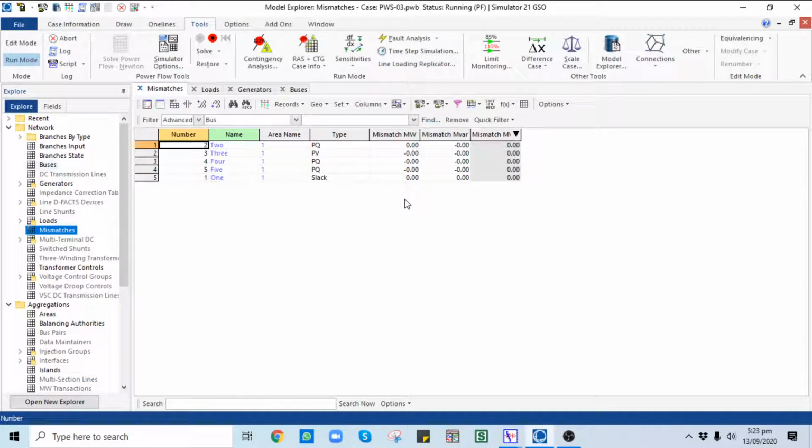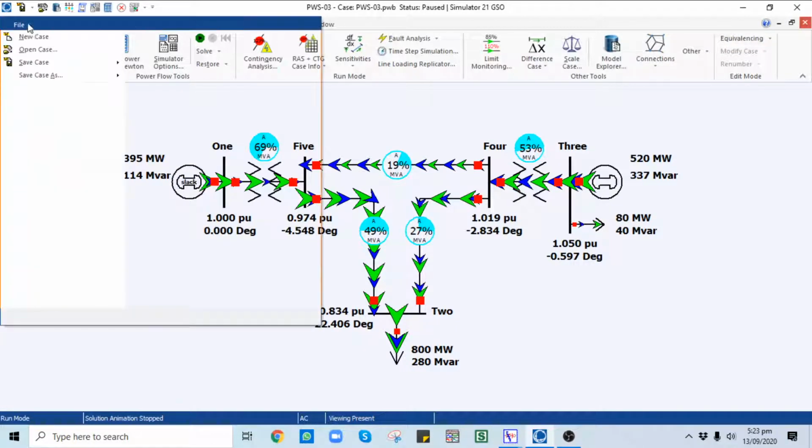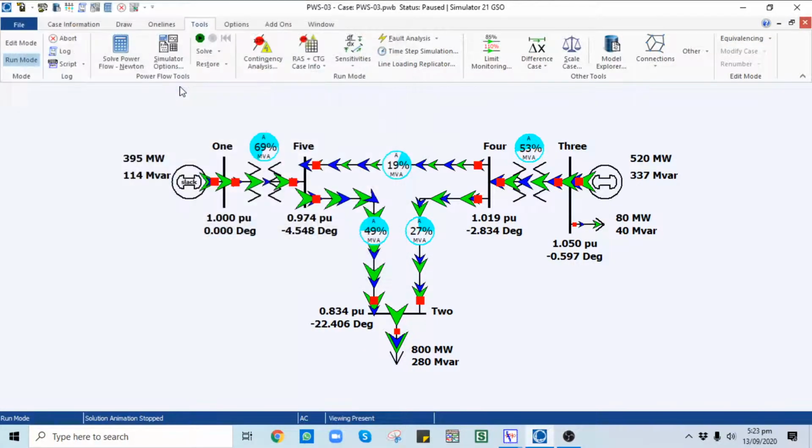This is the robustness of the Newton-Raphson method, because in this method the computer forms a Jacobian matrix, and the Jacobian matrix is solved as simple non-linear algebraic equations. Similarly, you can see that in a single iteration the mismatch is totally zero. In order to see the fast decoupled, the robust option, again open your case from scratch